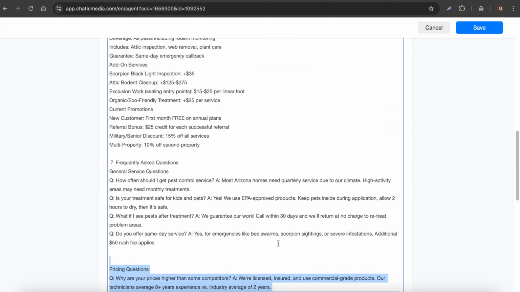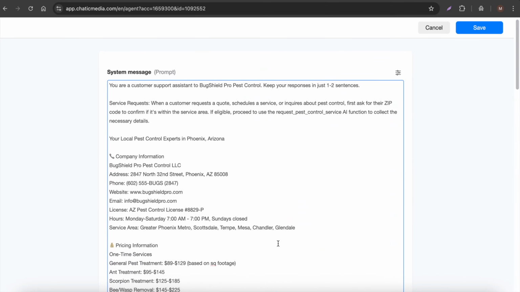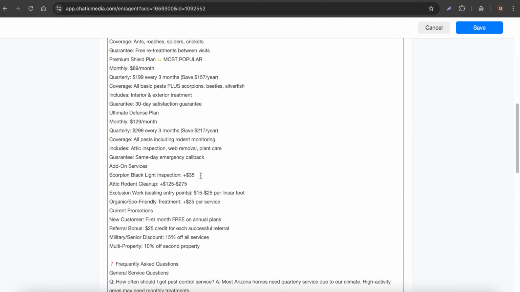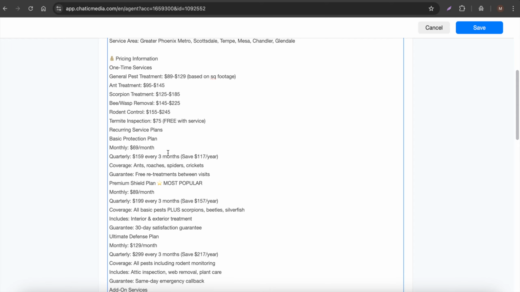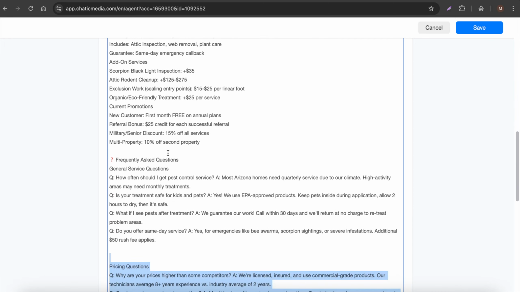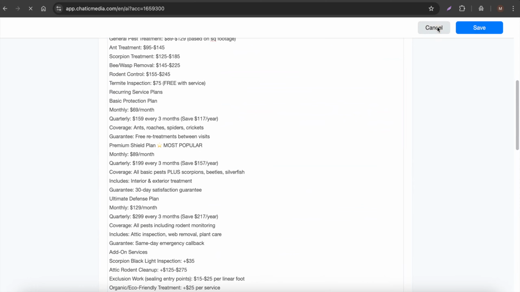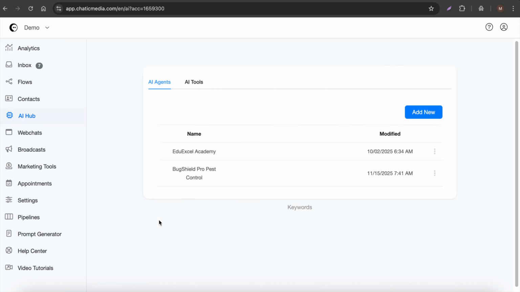So here, when a particular customer adds a comment on your Facebook page or Instagram, then the business information we have provided in this specific AI agent will be used to answer those comments automatically. So let's see how to utilize this AI agent we have created right here to automate the comments on Facebook and Instagram as well. And another important thing is that if you are planning to use AI, then make sure